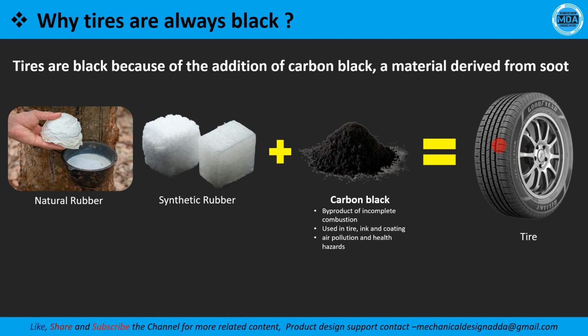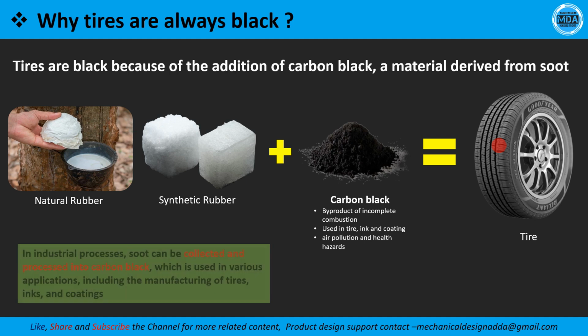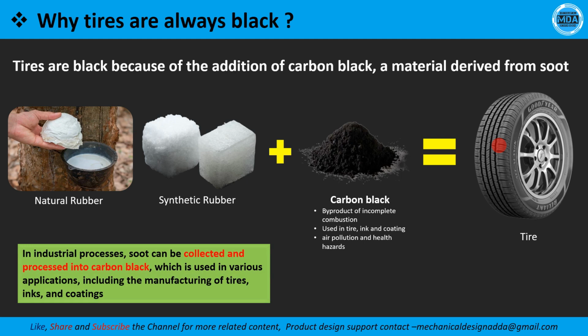This carbon black is very harmful for the environment as well as for health. But in particular applications, like in the industry, we use carbon blacks. Soot means it is a small fine particle of carbon, like a powder. This soot is collected and processed into carbon black, and some refinement is done. Generally this carbon black is used in the tire to make the tire black, and in ink and